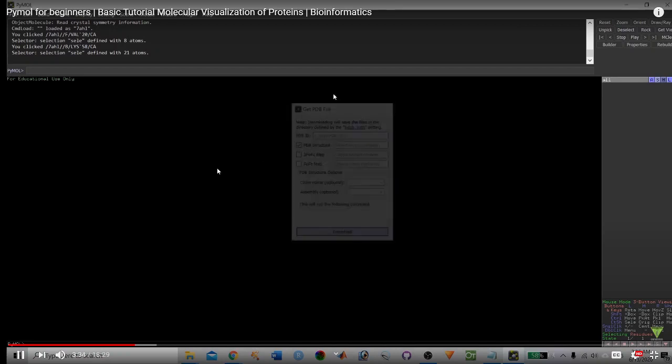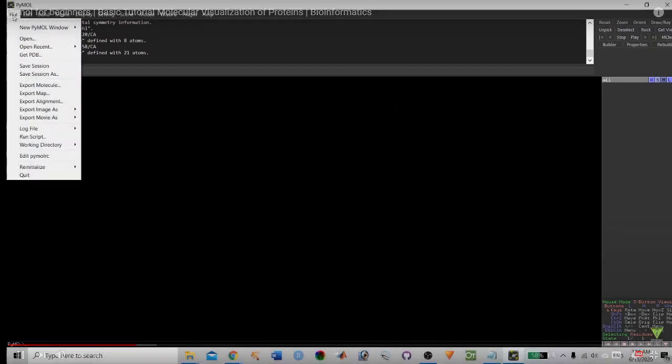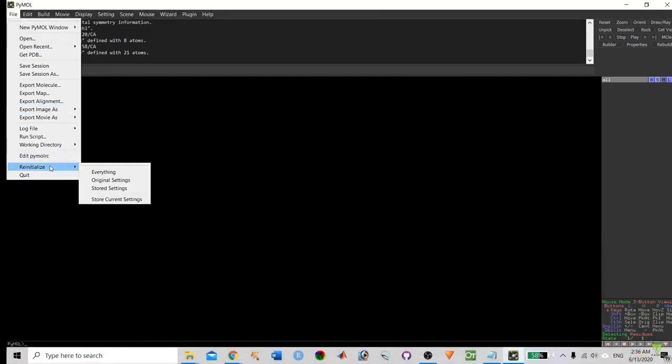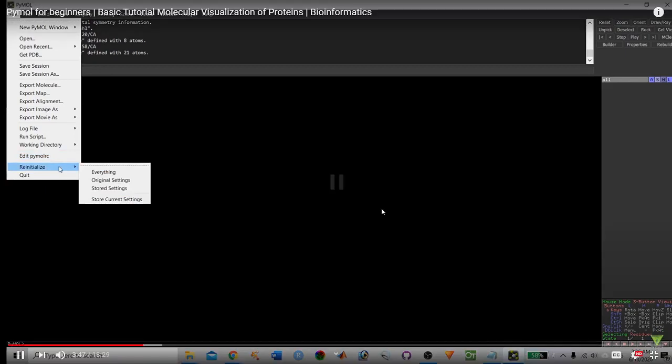In the Protein Data Bank, and once you want to save, you can save. The file, for example hexokinase, whatever we have seen, you can export as an image, right? So this is a PNG image, a POV image; like this you can save this file into image format. Okay, so if you want to cancel everything, a reinstallation option is available.